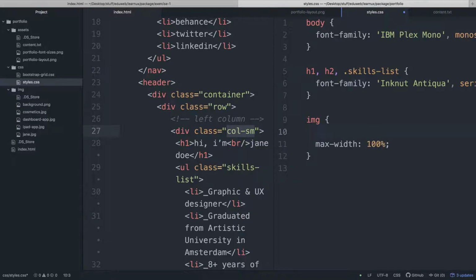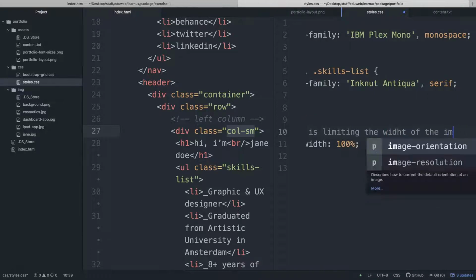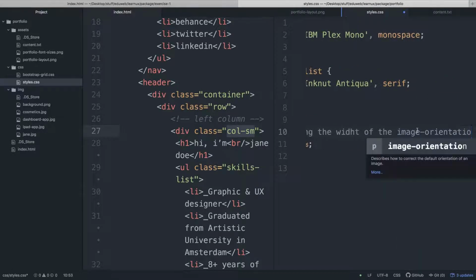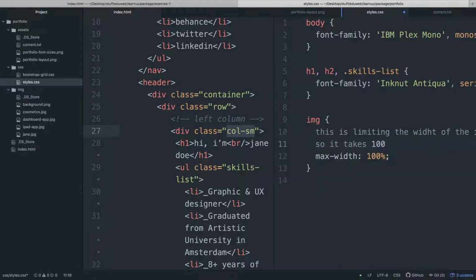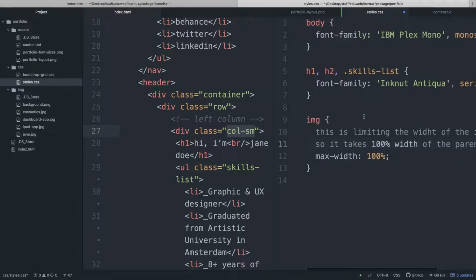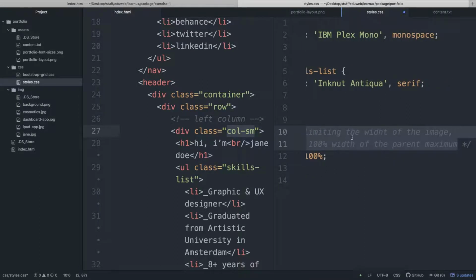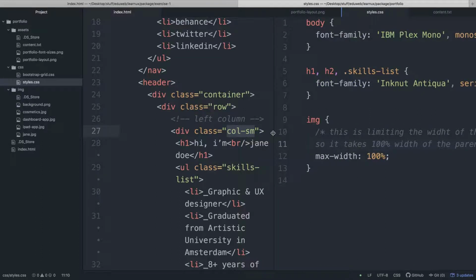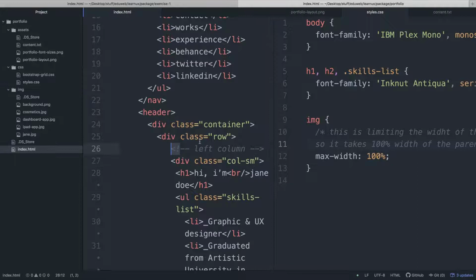And here I'm showing you how we can make comments in CSS. I can just write a text. So this is limiting the width of the image. So it takes 100% width of the parent maximum, and I'm highlighting all the text, and again comment slash, so everything written here is a comment. So it's a bit different because in HTML we've got these characters, and in CSS we've got slash and asterisk. All right, so let's save it and let's